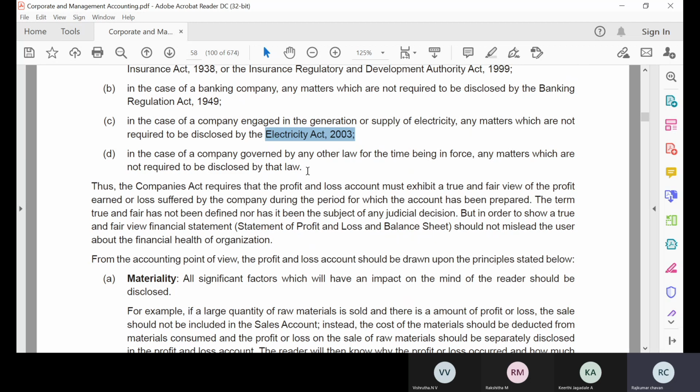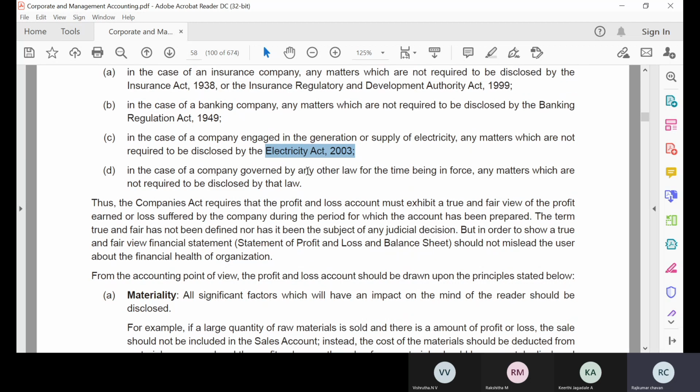When you are preparing the final accounts, the balance sheet and P&L account, everything should be made as part of the disclosure, in notes or some additional information, so that when the reader reads it, for example, if Bescom is preparing the final report, the balance sheet and P&L account, they should follow the Electricity Act and need to disclose all the information the Act requires.